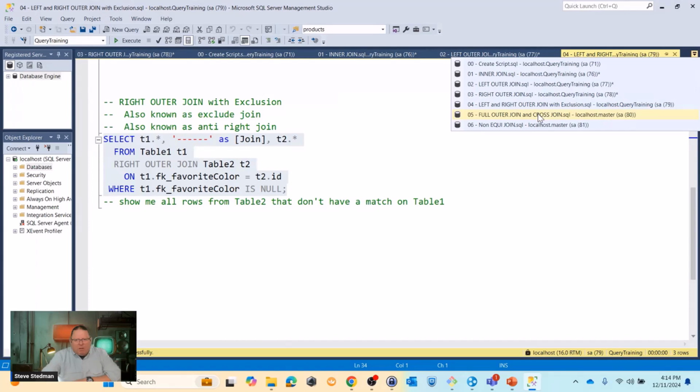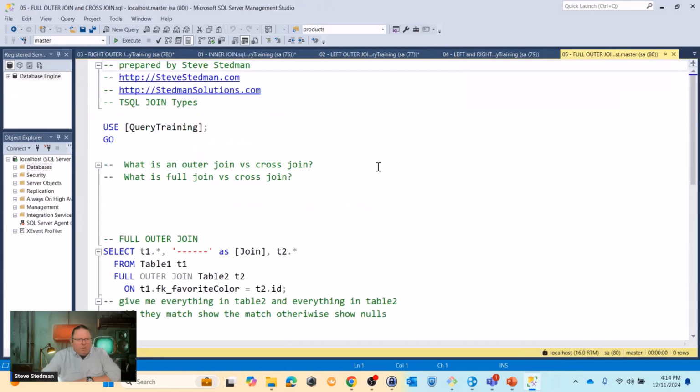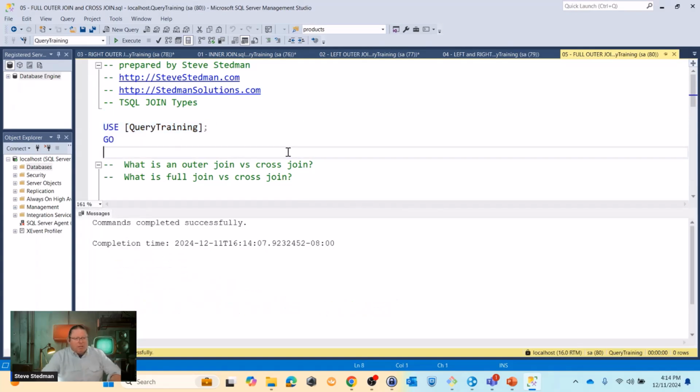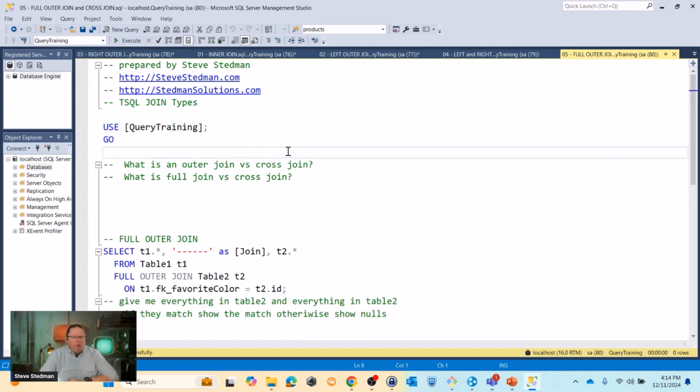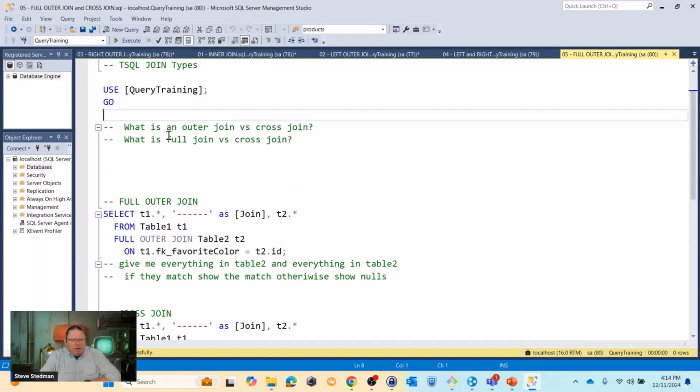All right, moving down the list, now we have a full outer join or a cross join. And the question we've been asked a few times on this is, what is an outer join versus a cross join? And what is a full join versus a cross join? Well, let's get some terminology straight here first. An outer join or a full join are referring to the same thing, and it's effectively a full outer join,